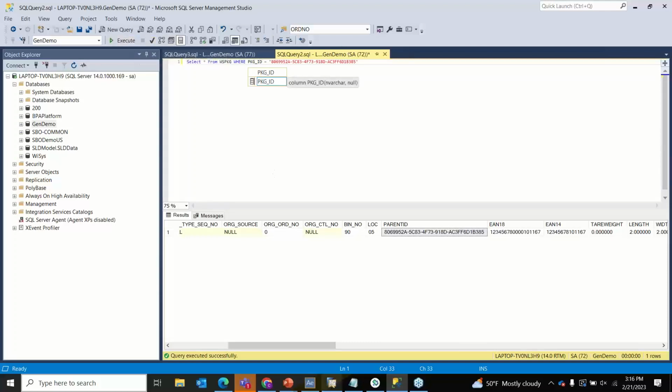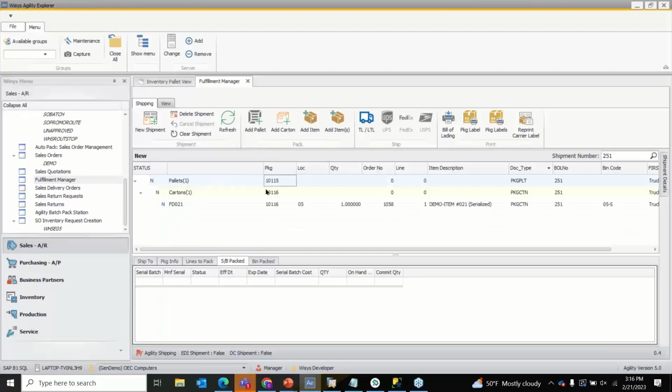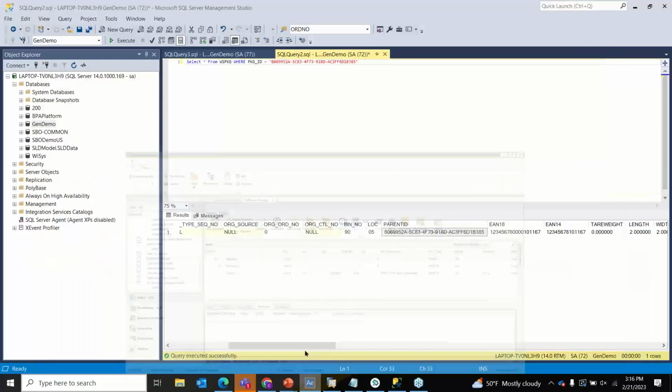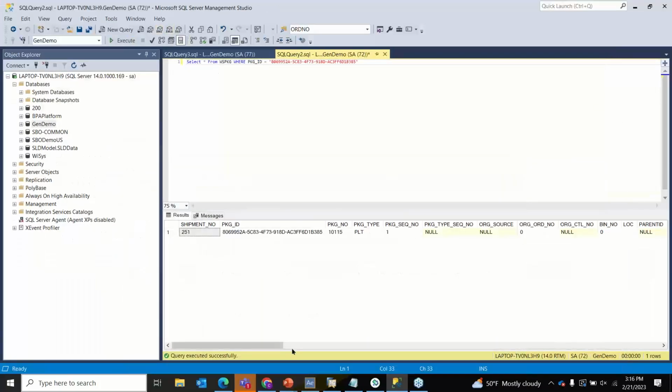And I execute that here, we're going to see our pallet 10115 come back. So there it is. So that's how they relate. They are interjoined there by that parent ID,